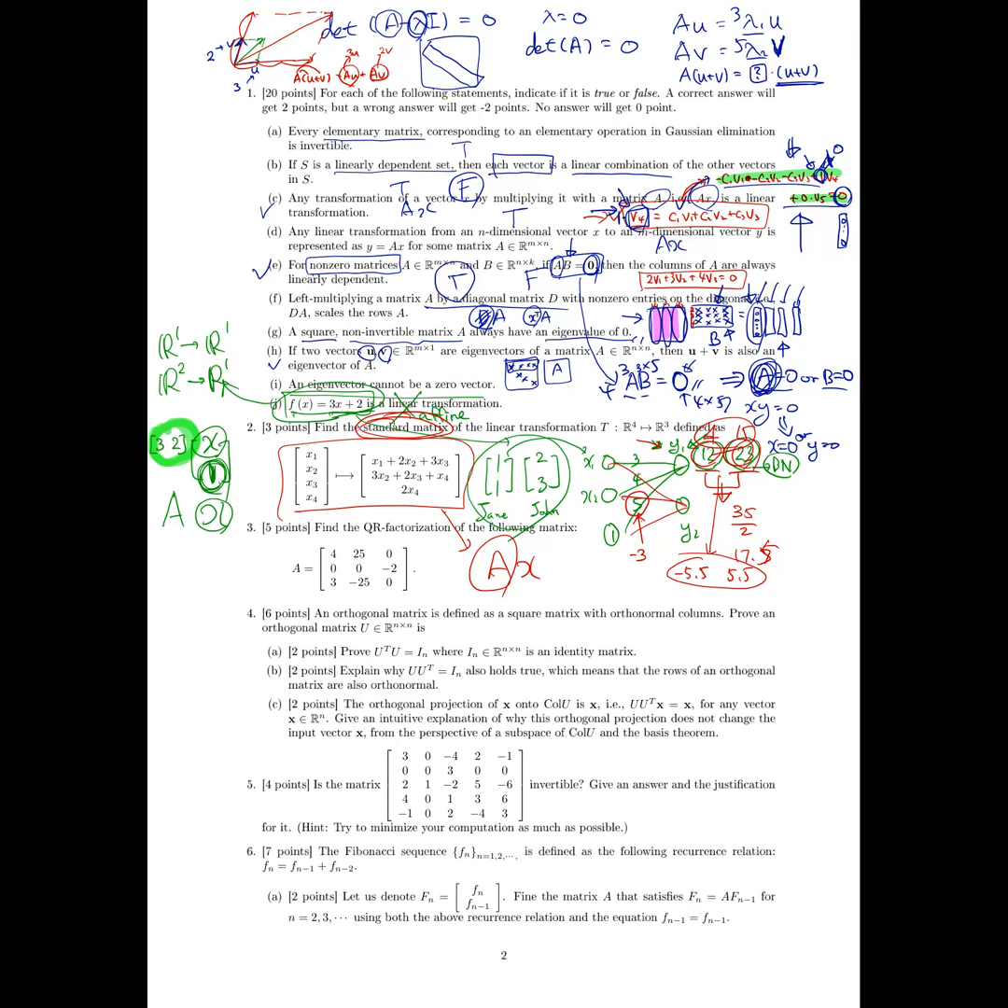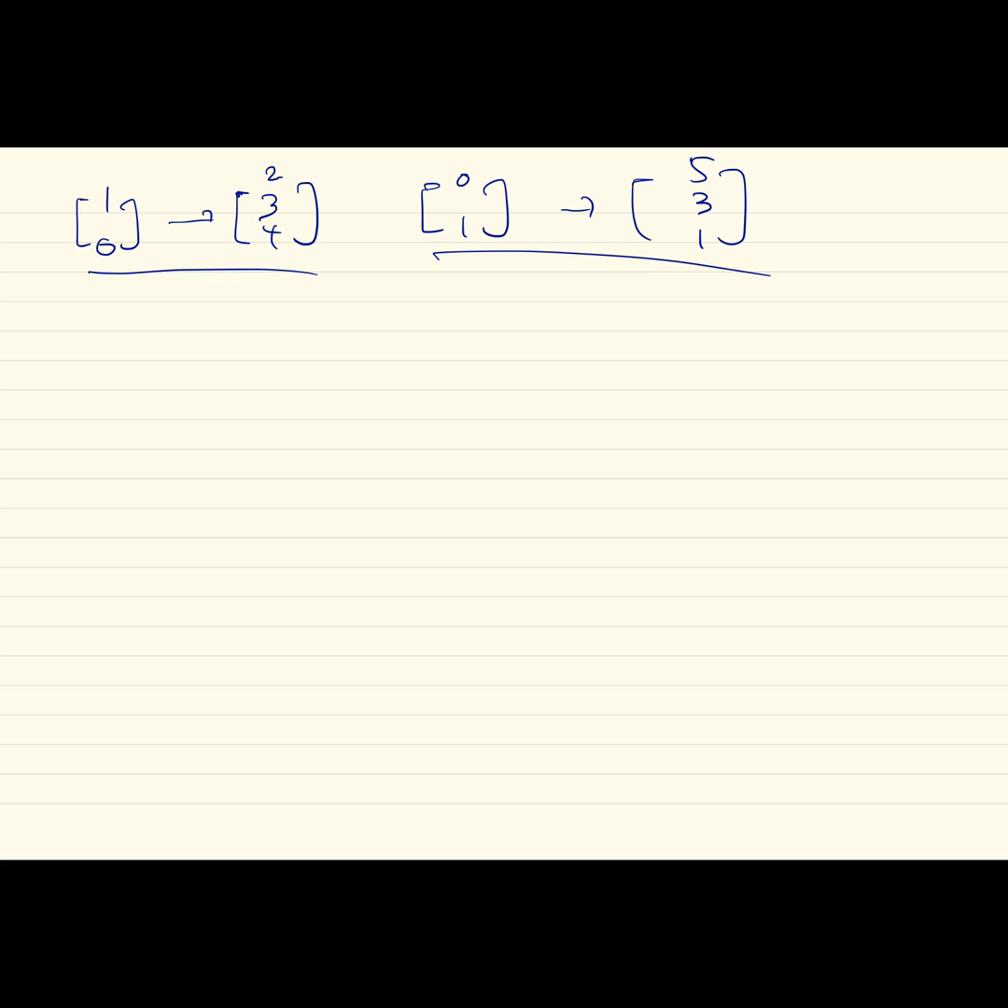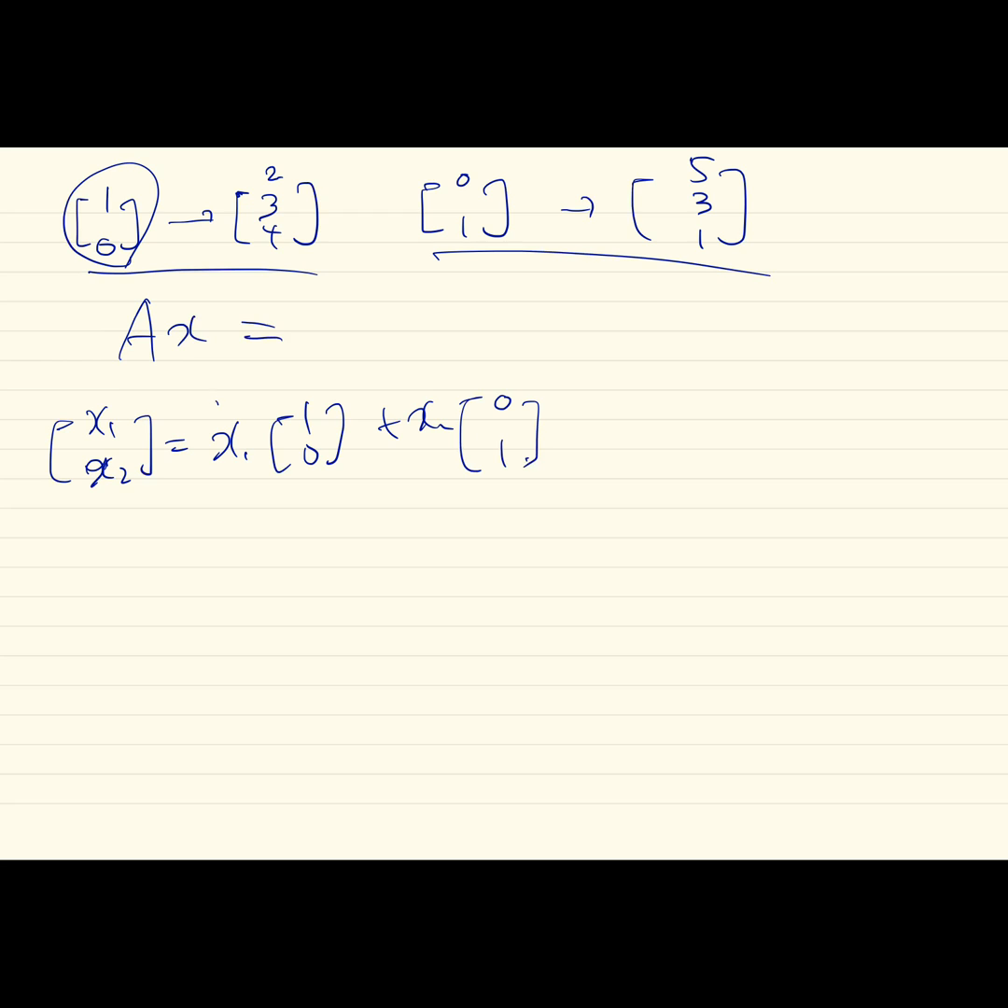So for example, suppose (1, 0) is mapped into (2, 3, 4), and (0, 1) is mapped to maybe (5, 3, 1). Suppose our transformation is linear, and we know these two particular mappings. That mapping is always represented as A times x, and we can prove it. Because (x1, x2) is always represented as x1 times (1, 0) plus x2 times (0, 1), and if it is linear, then the function mapping of this should be